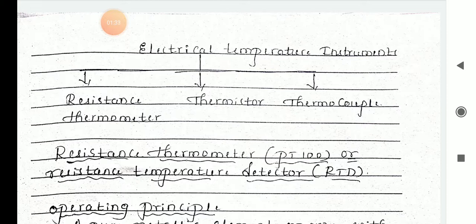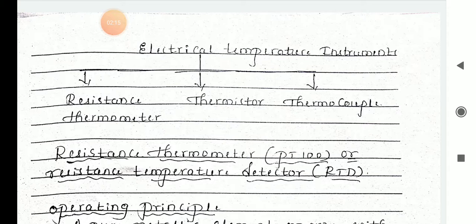instruments in industry. Materials used in these instruments fall in two categories, that is conductors, or metals, and second, semiconductors. Almost all the metals used as thermometers are PTC type, that is positive temperature coefficient, where their resistance increases as temperature increases. That is the fundamental you are going to use, the PTC. So as my temperature changes, resistance also changes. The semiconductors may be PTC or NTC type, that is, both types, positive temperature coefficient and negative temperature coefficient.